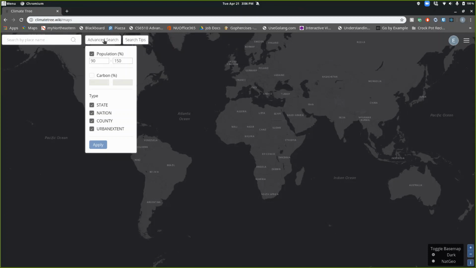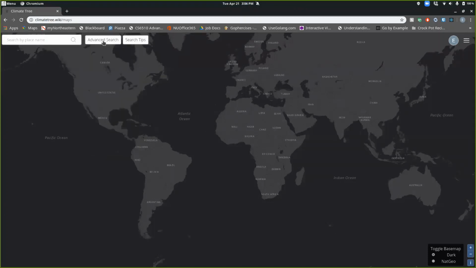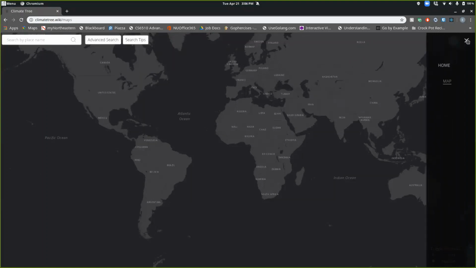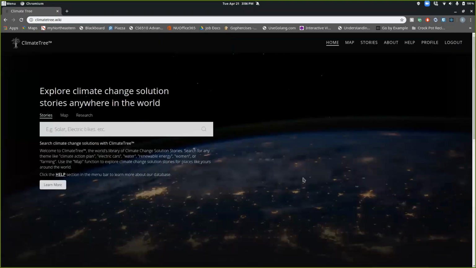So a quick way to think of urban extent is it's sort of like a city, but it's a little different. To give you a quick idea, if I go to the home page here, in the background you can see this picture of Earth at night. All these little light blobs, you can consider those as an urban extent. Like one of these big ones, for example, I'm sure this isn't Seattle where I'm talking from right now, but you might imagine that this big blob encompasses a lot of Puget Sound, the Seattle area, and not just Seattle City, for example.